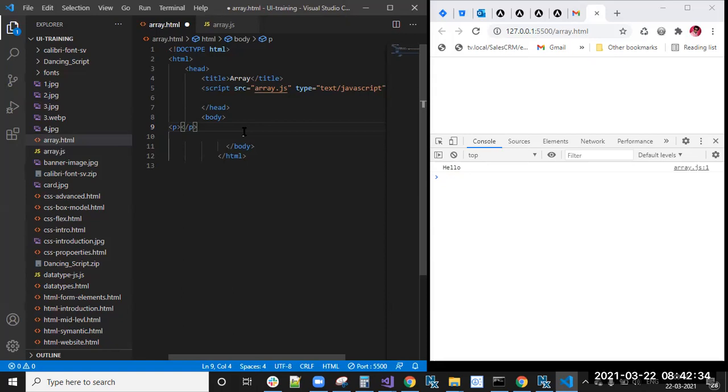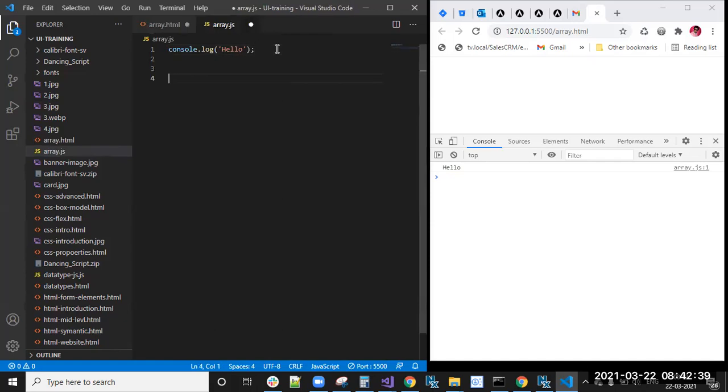Okay, suppose if you take one live example, you went shopping. From shop one you have purchased some bags. Similarly you went to another shop, shop two, and you have purchased some toolkit, some electrical items.